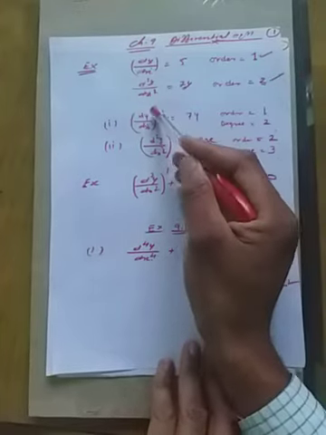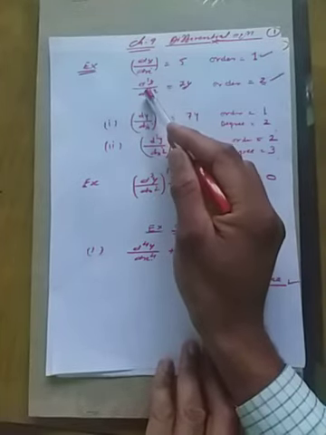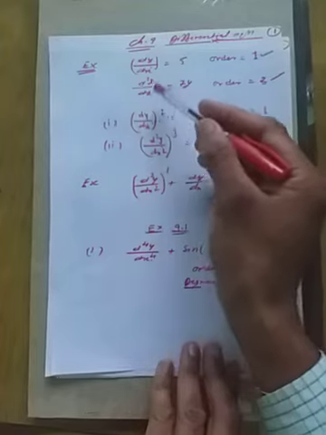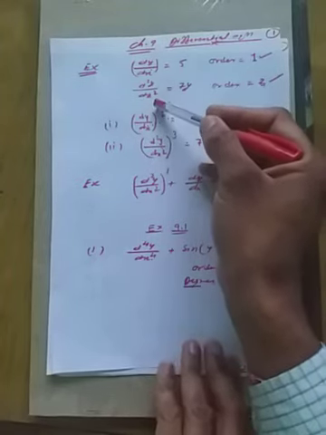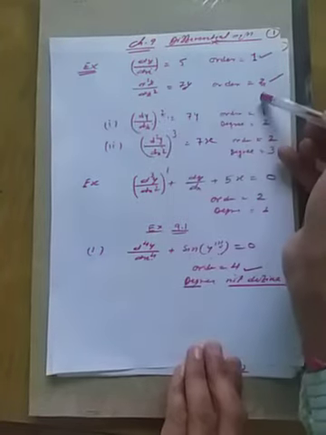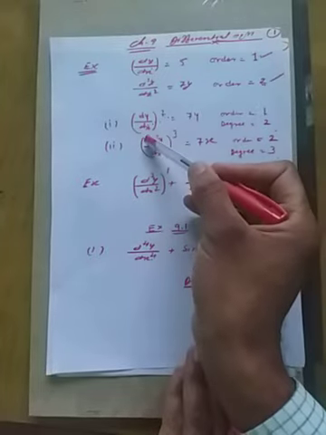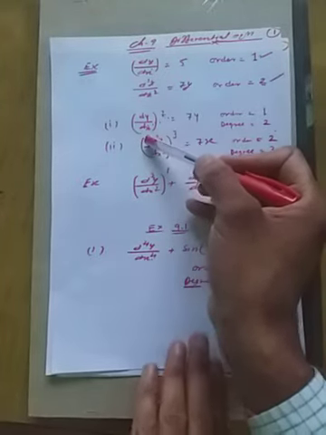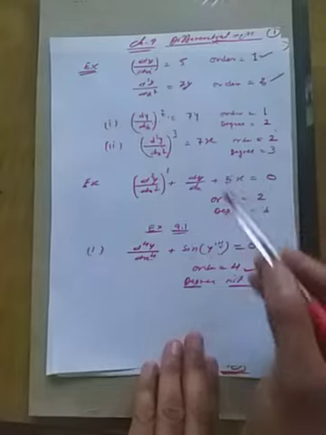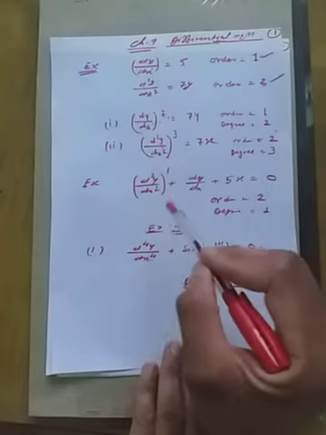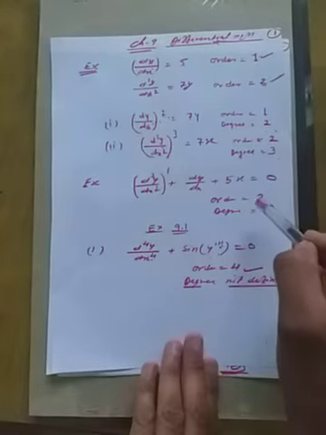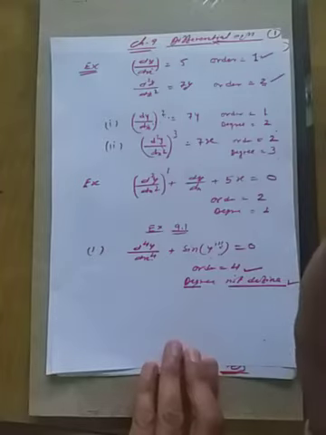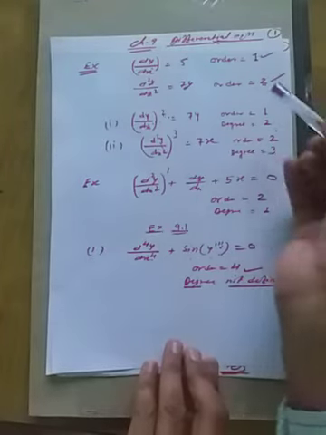Same way, this equation is differentiated twice, so its order is 2. So the order of this is 1, order of this is 2, order of this is 2, right? Okay, degree means the highest power